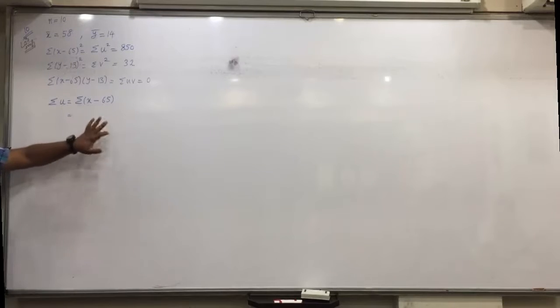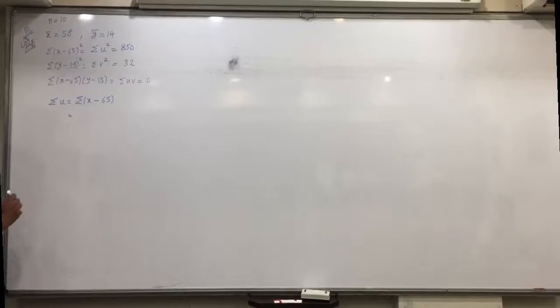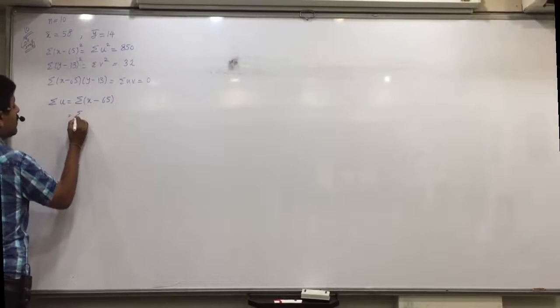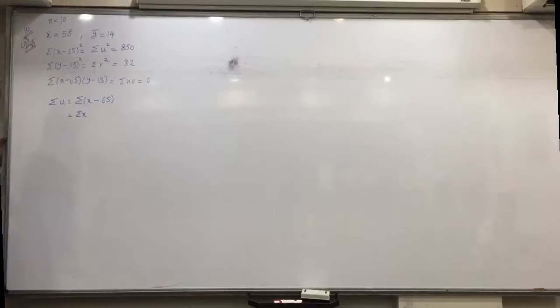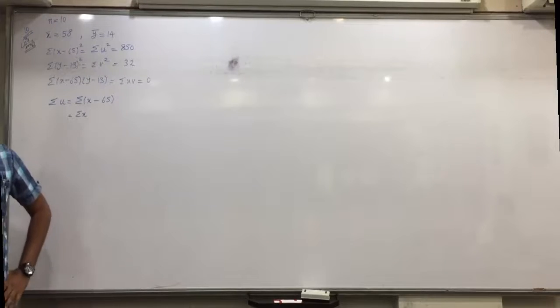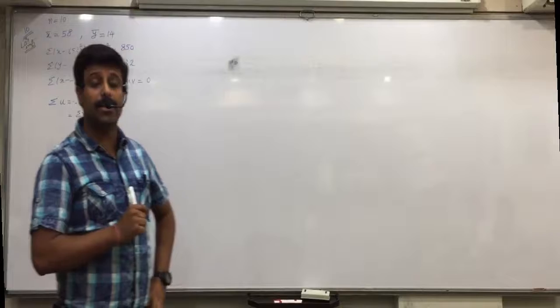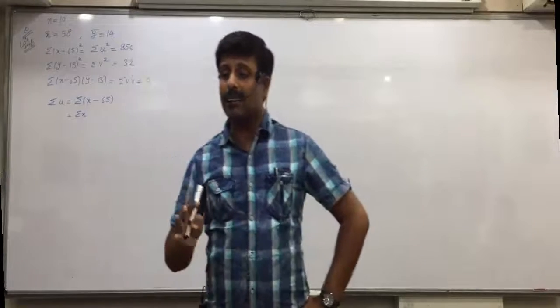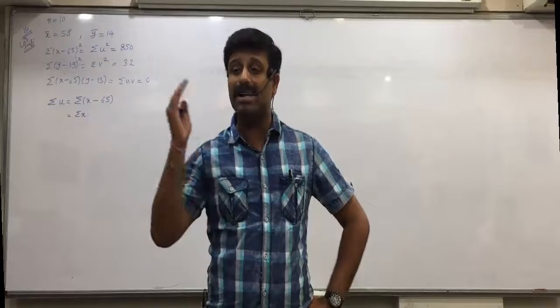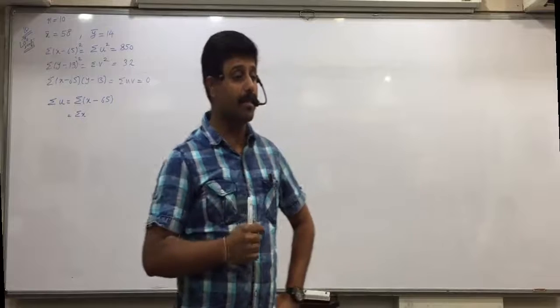Now next step, we have done this in geometric progression last year. If you open the brackets, then sigma x will become sigma x. Yes. Raise your hand, what will sigma 65 become? This I have discussed in geometric progression last year. Sigma x will become sigma x. What will sigma 65 become if you open the bracket?